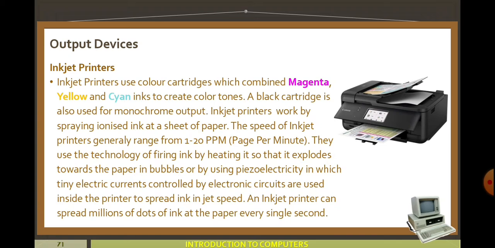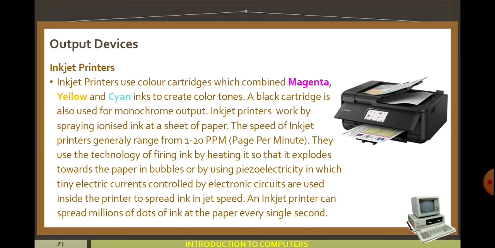Now you can see the inkjet printers. Inkjet printers use color cartridges, so we can use either color or monochrome cartridges. Inkjet printers use color cartridges which combine magenta, yellow and cyan inks to create color tones. A black cartridge is also used for monochrome output.